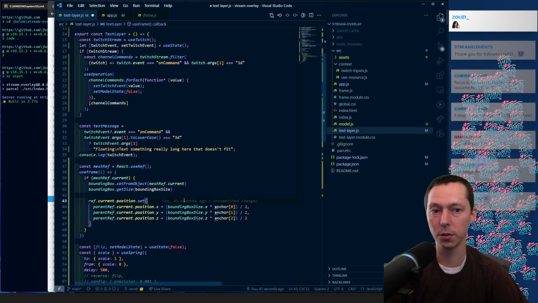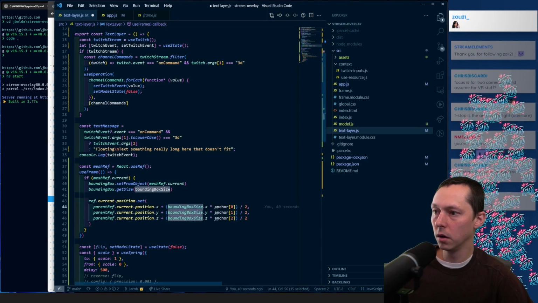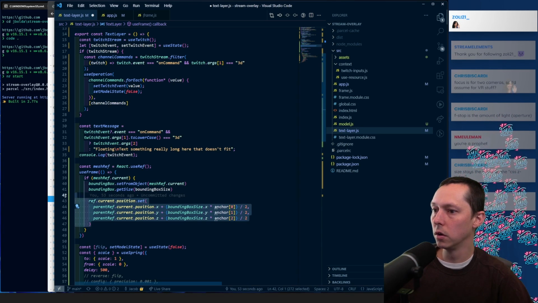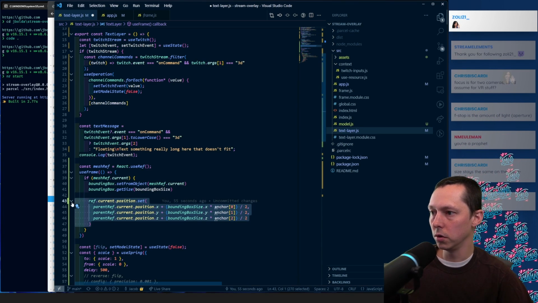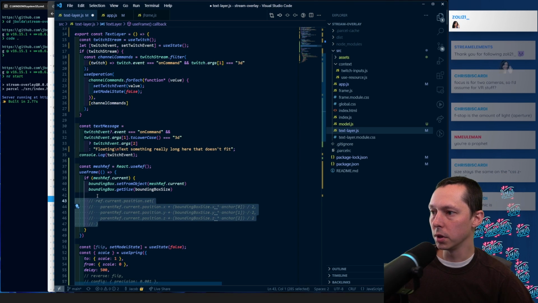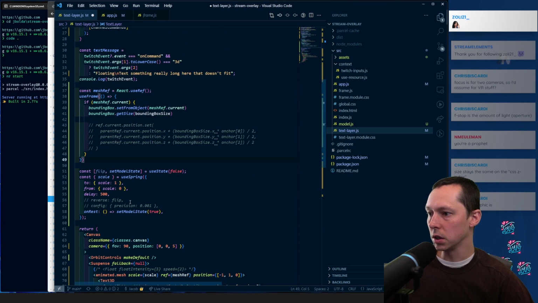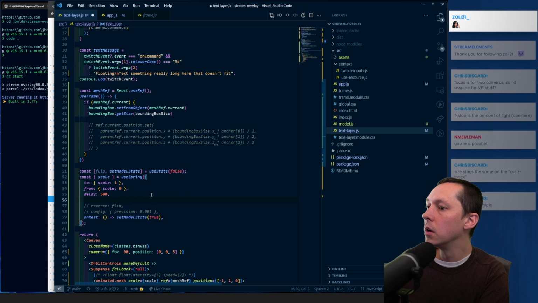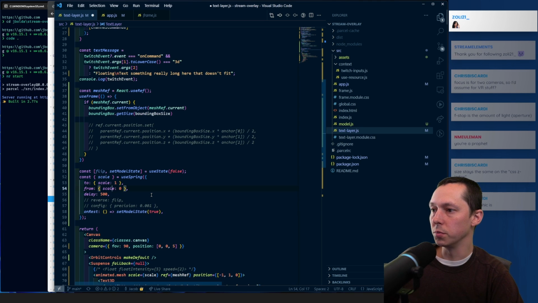So height, width, and depth. And now that we've got this value, we don't actually need it here, but this is going to give us those values that allow us to, once this thing comes in,